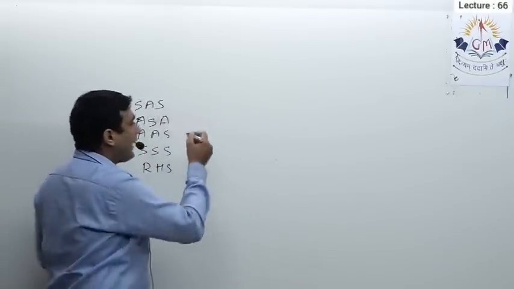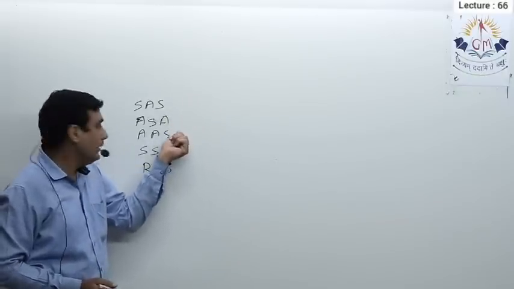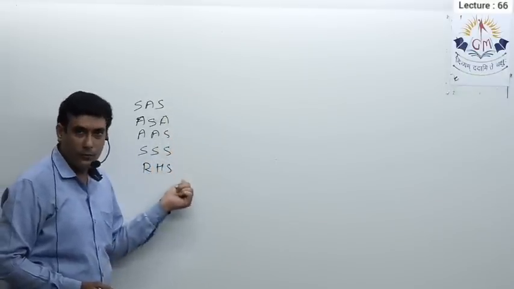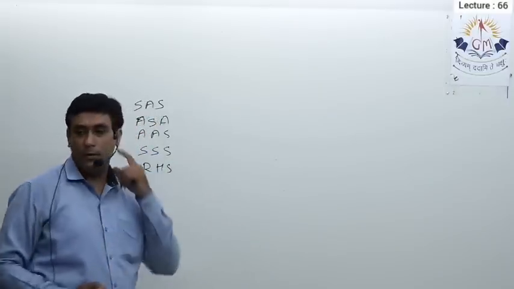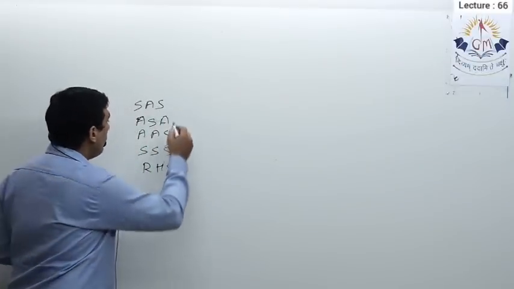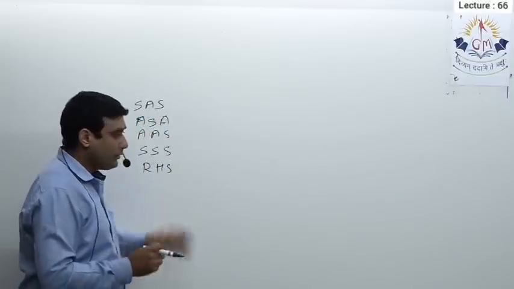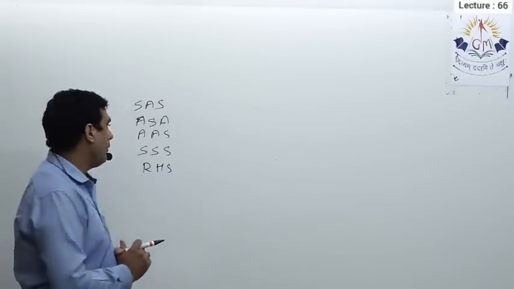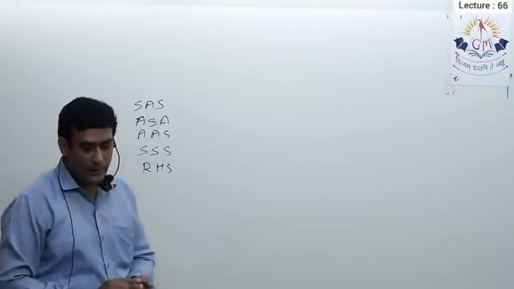Now in your textbook these rules are given exercise wise. For example, the first exercise is based on this, then the second exercise is based on these two, then the third is on this, and the fourth one is on this. But over here we will see all the rules together, because it is quite possible that a particular question can be proved by more than one criterion. So we will see all these criteria together, and then we start our exercises or problems based on these criteria. We'll see them one by one.